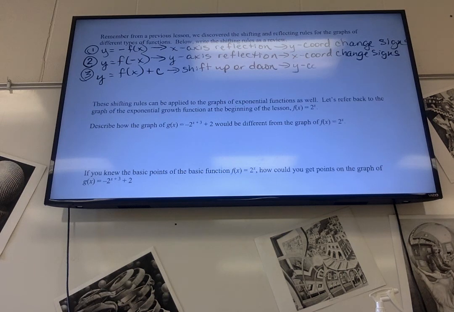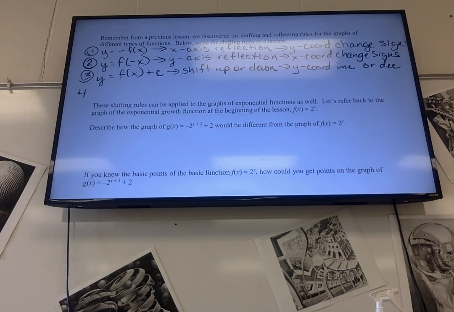Which means the y-coordinates increase or decrease, depending on what's going on. And these are all things that we've done before. We just did it with other equations. And then if we add or subtract a number with the x,